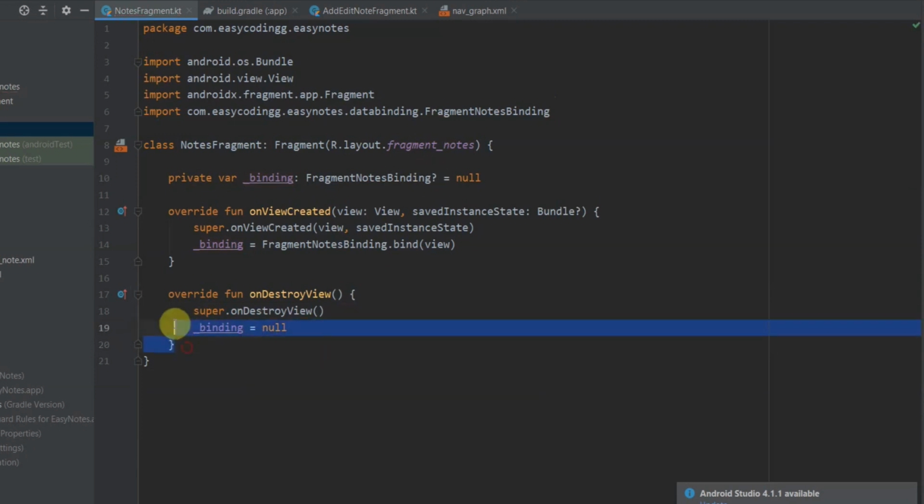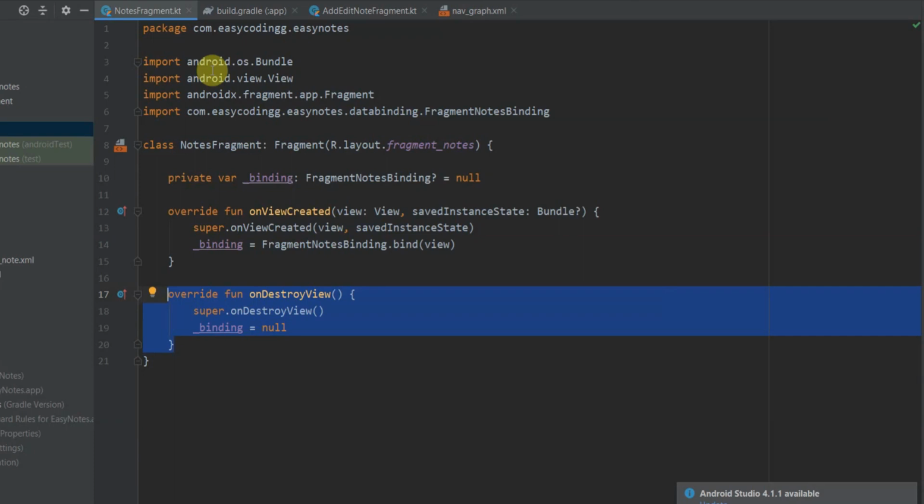Now why do we need to do that? Since fragments have two life cycles, the first one is the activity in which they are attached, and the second one is the life cycle of the fragment itself. So suppose a fragment is opened in an activity and that activity moves to the backstack.